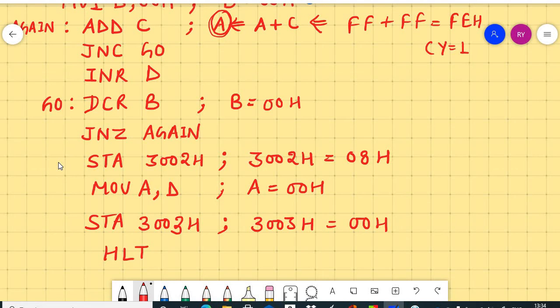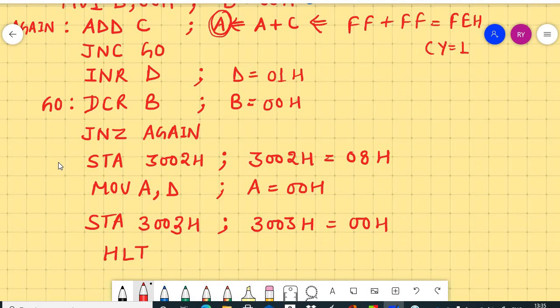So after that, the JNC instruction checks the condition, jump if not carry. If carry is not generated, then jump to this location. But in this case, carry is generated. So if carry is generated, then increment the value of D. So the value of D is equal to 01H.